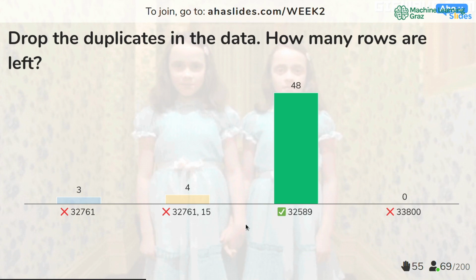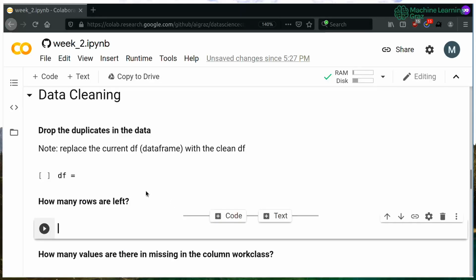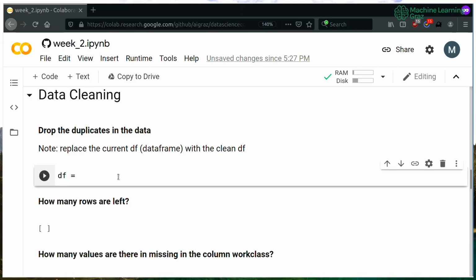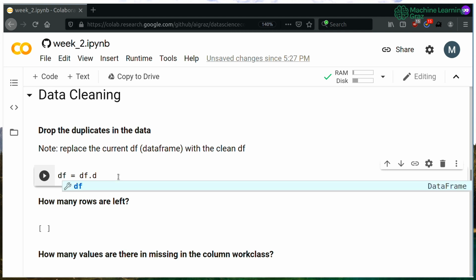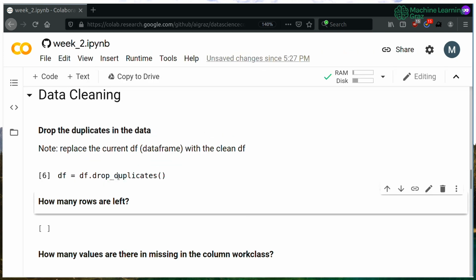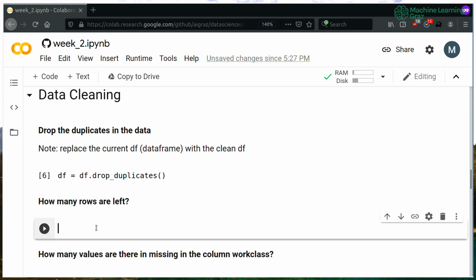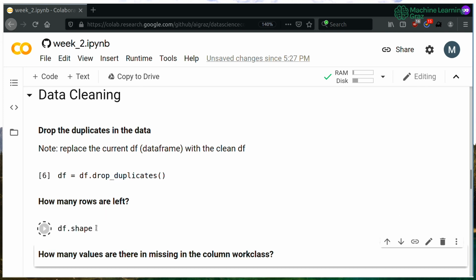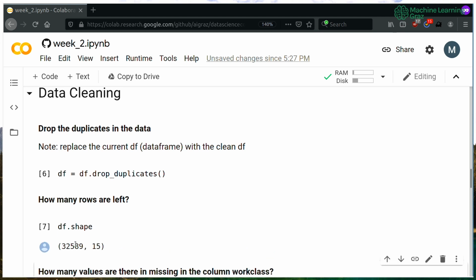Let's see how well you did, and most people actually got it right. Some people got the same size as previously, and probably they didn't save the data frame. Exactly, so that's why it's very important. You have to write the following: df equals df.drop_duplicates. And if you run this, this should look fine. So if you write df.shape, we should get